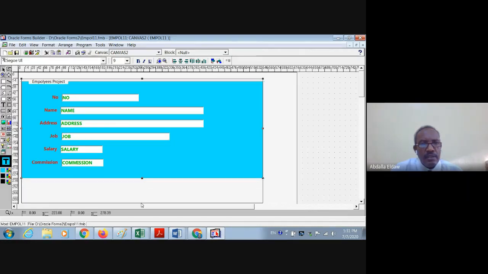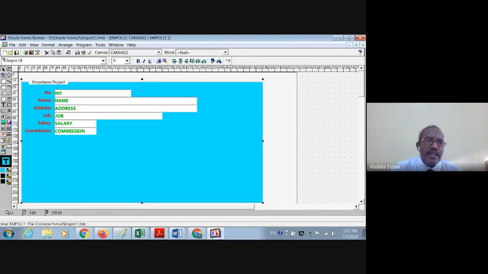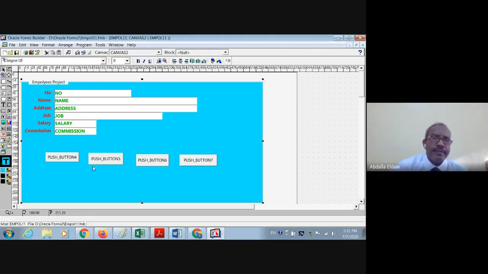to the button, and then give the button here, the first button, click the second button, click the third, and lastly the fourth one. Okay, now click on the first one, and to write the name, click